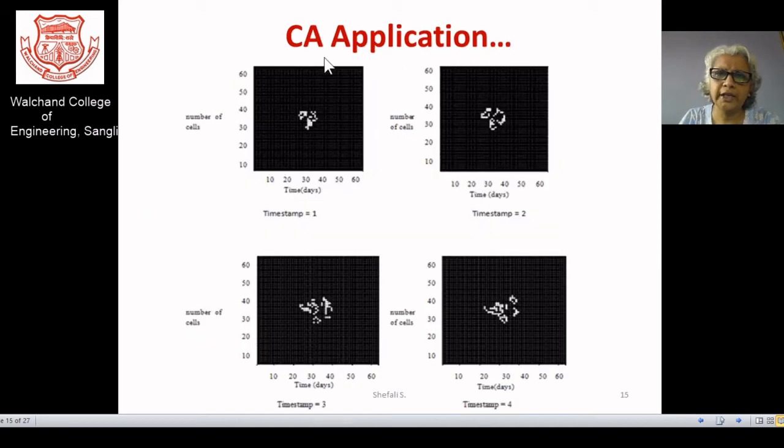Now I will try to explain CA with one application. Say this is the application of a tumor cell in the brain. So I would like to check the tumor cell, and I want to have the growth pattern of the tumor itself. I may design my own model for the growth itself, or I may suggest some medicines, and I would like to check whether the medicines are decreasing the growth pattern, or some time reduction is there for the growth itself. So whether my medicines are useful or not.